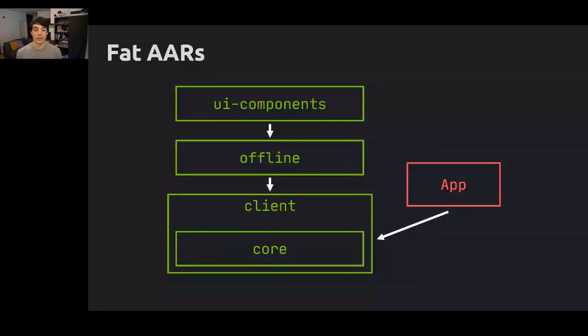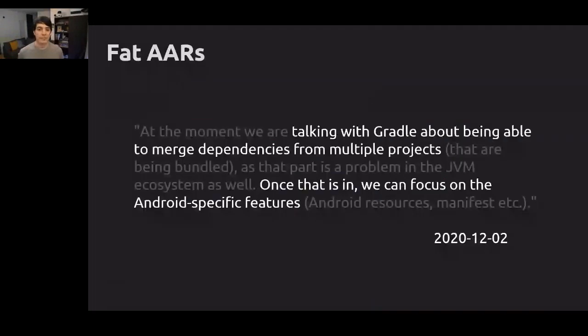There's plenty of literature on fat AARs. Sam Edwards wrote about this a couple of years ago. Hiro Moos also wrote a great series of articles on library development where he mentioned the troubles with fat AARs. And there's an open issue on the Google issue tracker that talks about this. This, again, is 4 years old now. And the last update here is that they're talking to Gradle about being able to do this, but it has to be solved for the JVM first, and only after that can they add Android support to it. And this was half a year ago. So,